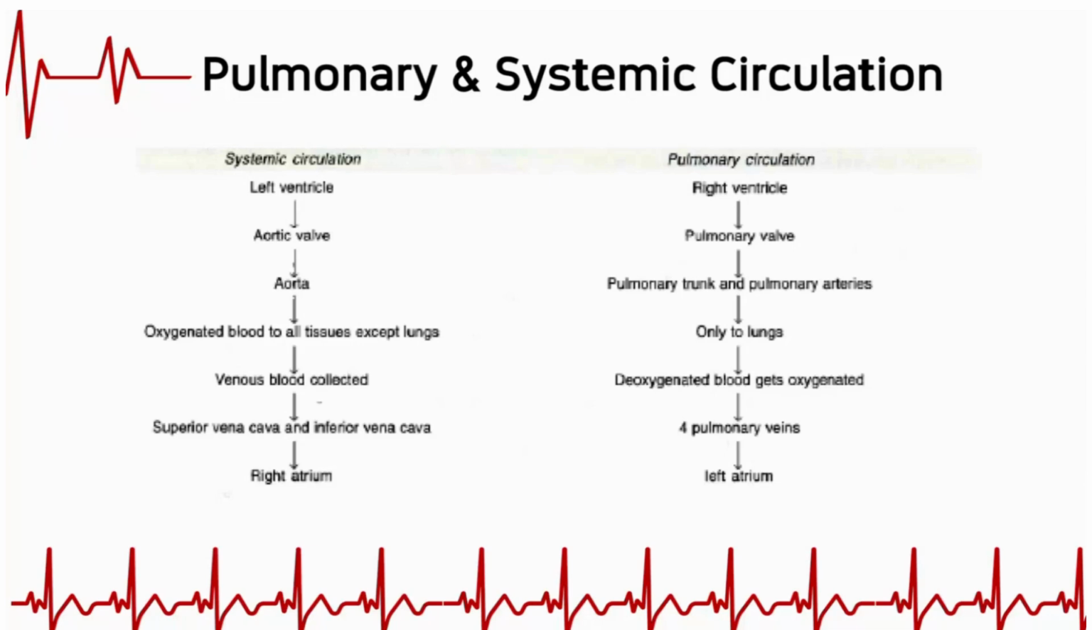So when we oxygenate that blood, right, that blood is brought back to the heart, to the left side of the heart, to the left atrium, via the four pulmonary veins. Now, once it reaches the left atrium, it will pass that blood through the mitral valve into the left ventricle. And the left ventricle will then pass that blood through the aortic valve into the aorta, where it enters the systemic circulation. So the systemic circulation will have oxygenated blood,